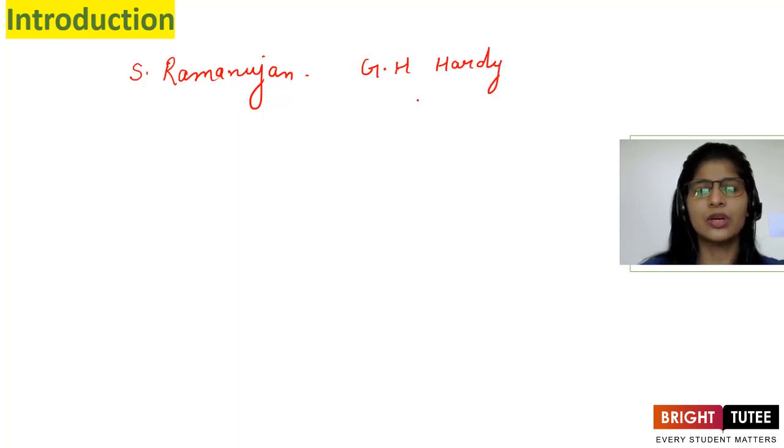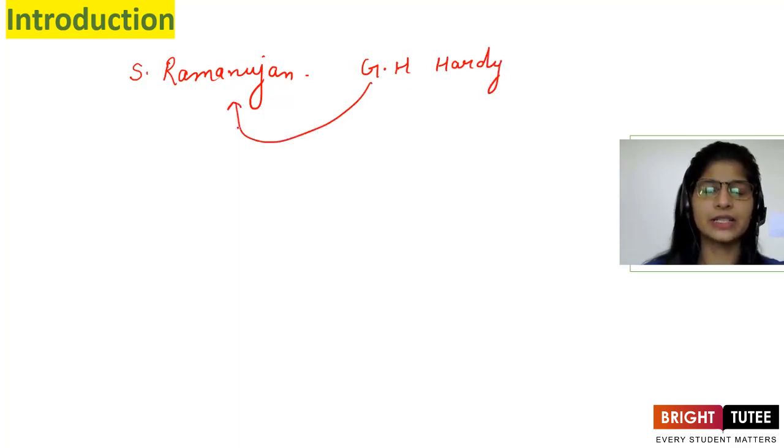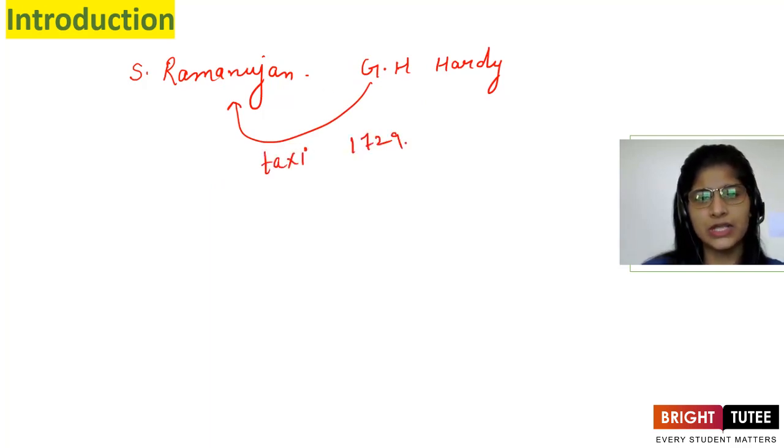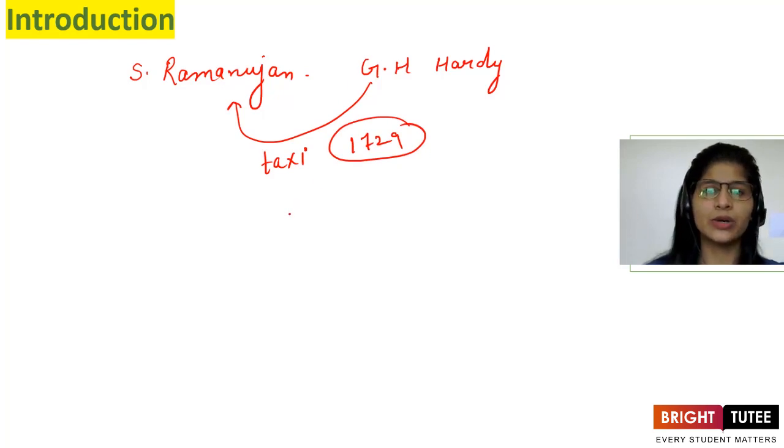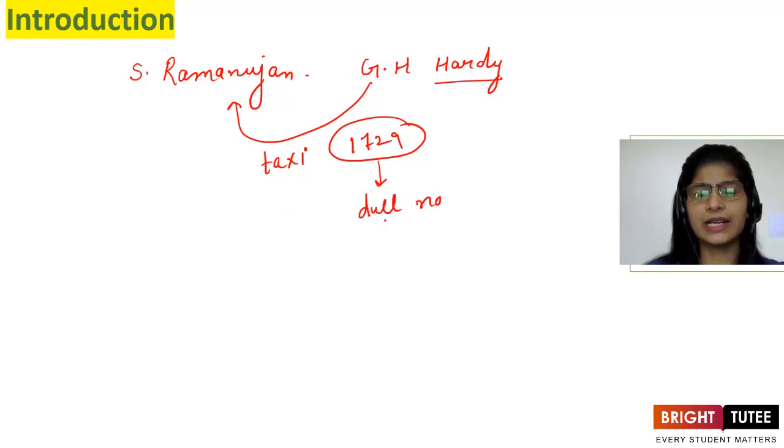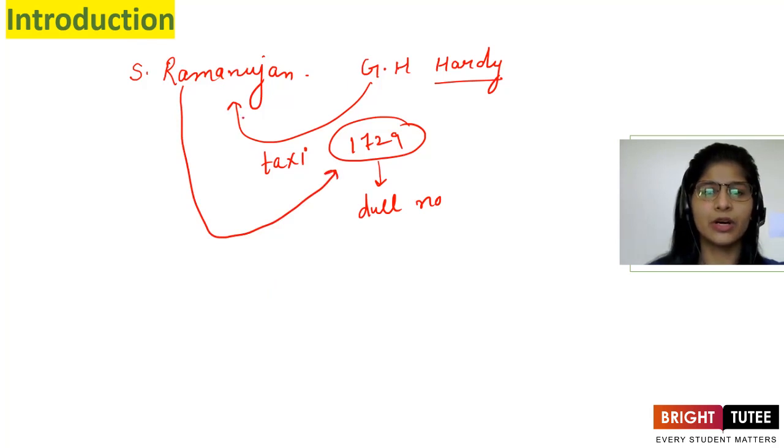This friend of his came to visit him in a taxi, and the taxi number was 1729. Now Hardy declared that this number is a dull number, but the thinking of S. Ramanujan was different. He said that it is interesting,